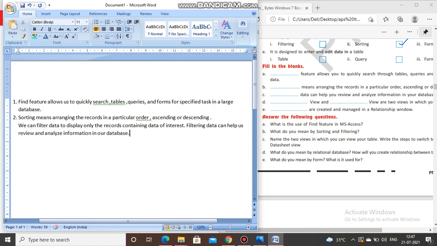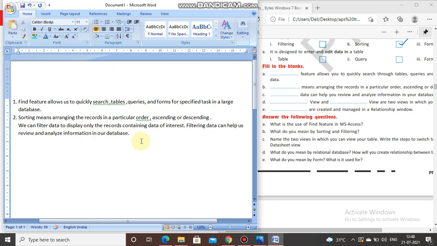Okay, this is your second answer. Sorting means arranging the records in a particular order, ascending or descending. We can filter data to display only the records containing data of interest, and filtering data can help us to review and analyze information in our database.